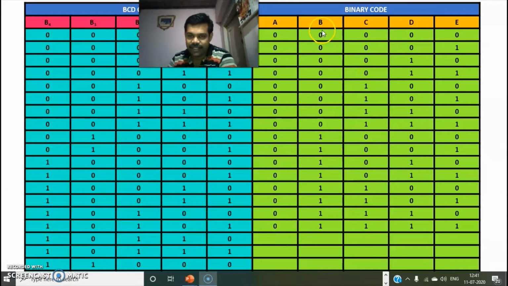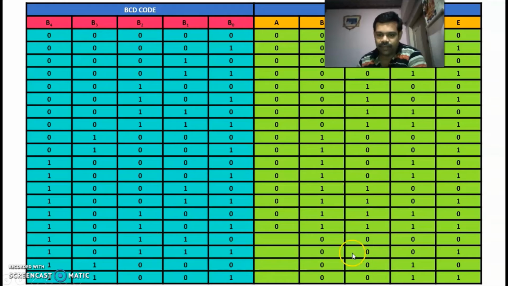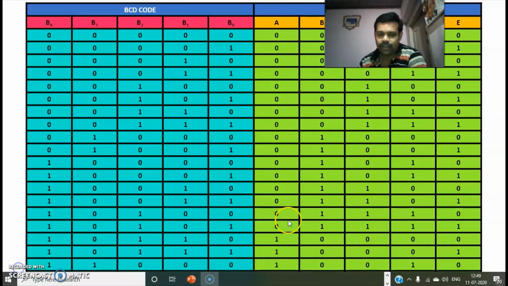Next, again by using the columns B, C, D and E, you start writing from 0 to 3 for 16 onwards. After that, we have put 1 in the place of A. So this is the truth table of your